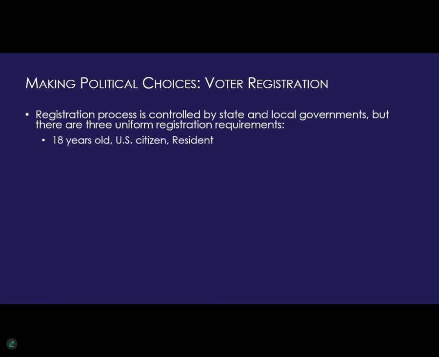There are 3 basic requirements for registering to vote, and they mirror the qualifications for public office. One must be at least 18 years old, so there'll be an age requirement. You must be a U.S. citizen, a citizenship requirement, and you must be a resident. So age, citizenship, and residency. Those are the 3 basic requirements that every state in the U.S. imposes for registration. But beyond those 3 basic requirements, state laws will vary quite a bit,